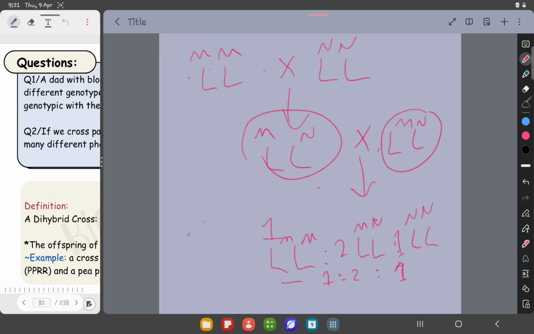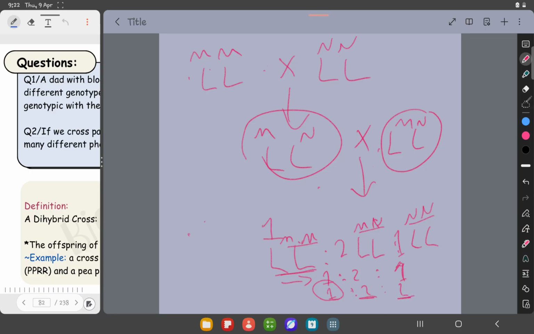We can get three different genotypes, as you can see here. One of them is MM, two of them MN, and one of them NN. So we have three different genotypes. And the same thing, 1 to 2 to 1, for the phenotypes: one of them will have blood group MM, two of them have blood group MN,